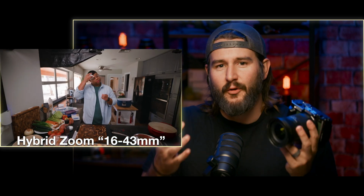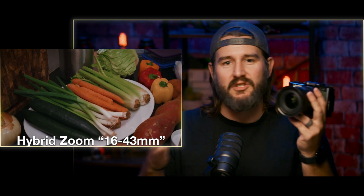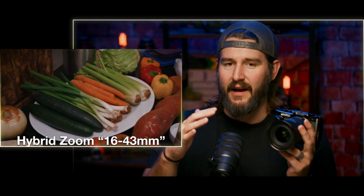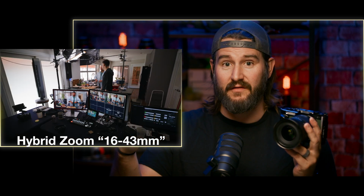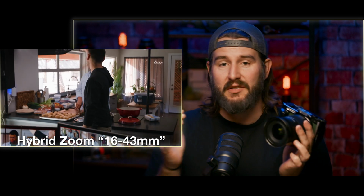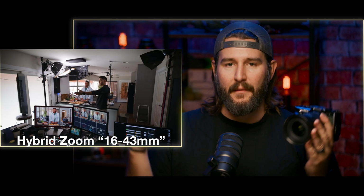A lot of us, we feel limited by our focal lengths. We're wondering, which lens do I buy? Which zoom range do I need? What aperture sacrifices am I going to make? And this combination, the S9 with hybrid zoom, along with the Sigma 16-28, becoming effectively a 16-43, is such an amazing combination. It's perfect for the way I like to shoot, where I want to get up close and personal